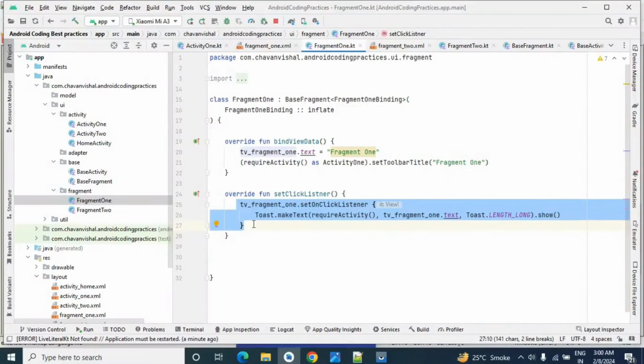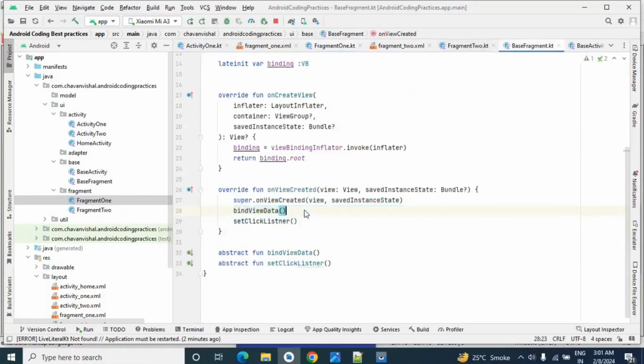Okay, one more thing. Both these methods are abstract, so it is necessary to override both of them in our sub fragment. But there might be a few functionalities which are not necessary to implement in each fragment. For those we can declare a method in our base fragment which is not abstract. Now let's take an example.